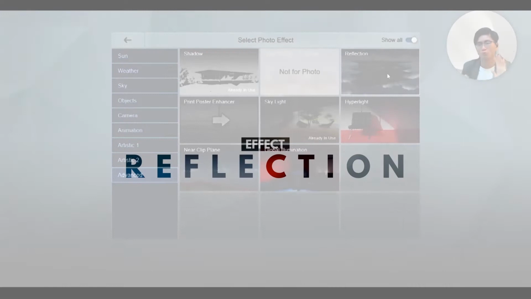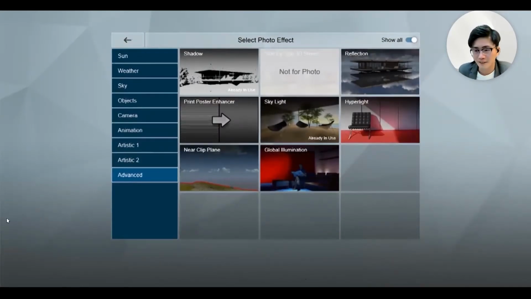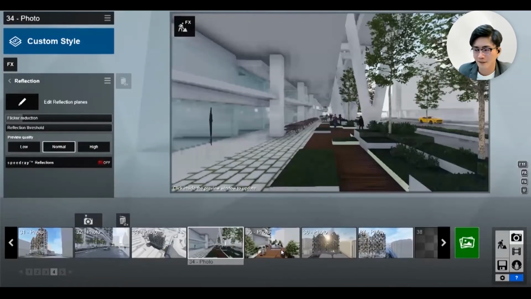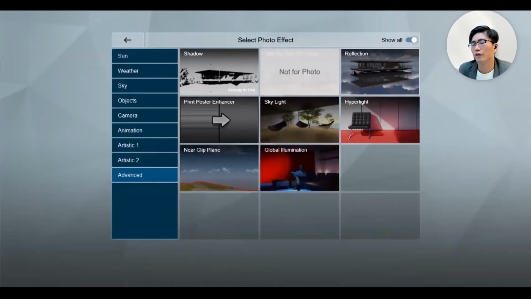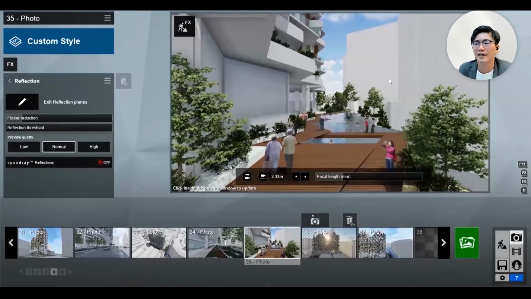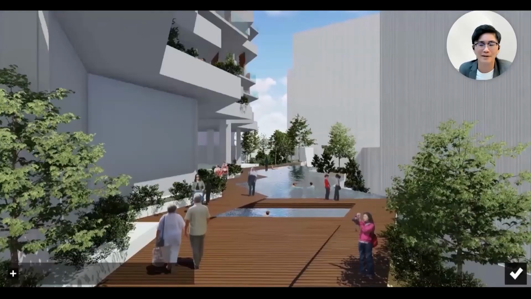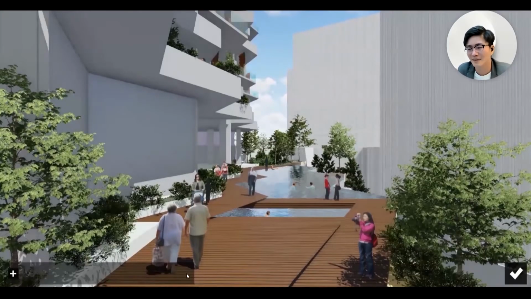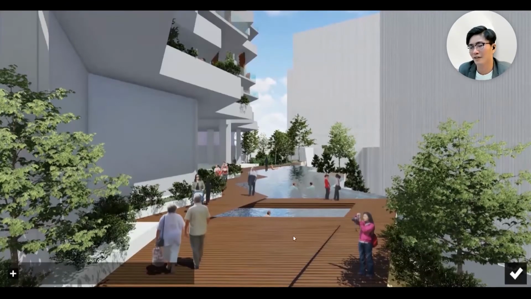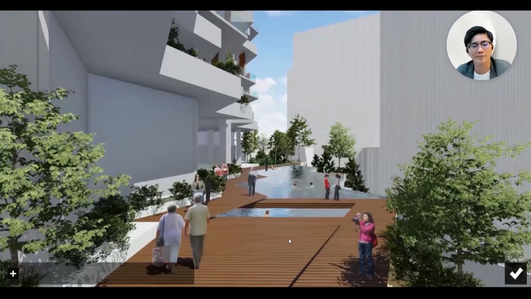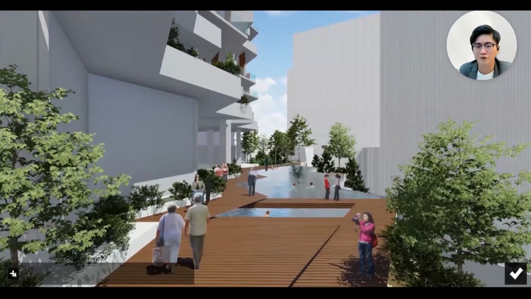Okay, this is super important. Firstly, I will go to this view. I go to FX reflection. Never think that it just applies on water only. No, not only on water, not only on mirror. It applies on glass, and not only glass. Actually, it's almost all materials you should make reflect. But it only limits you to 10 slots. You can apply reflection plane on 10 surfaces only. So you have to choose wisely.